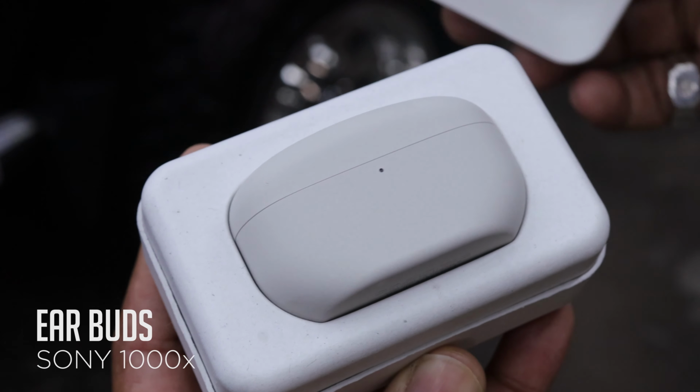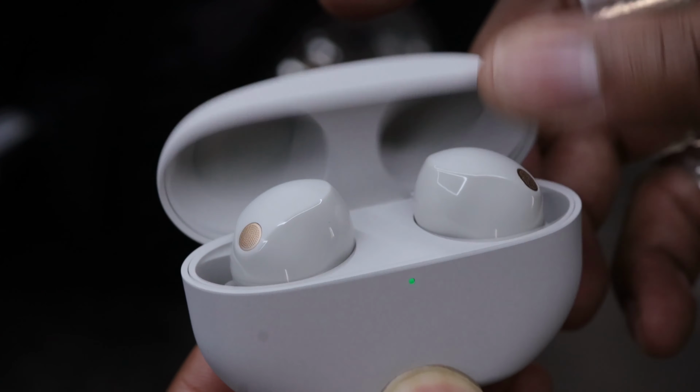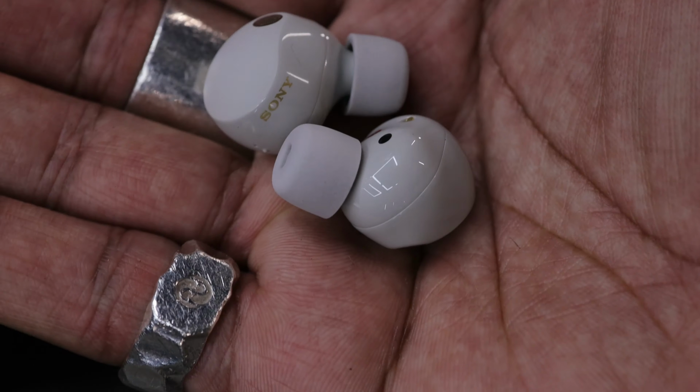And then we have these Sony earbuds. Now I wouldn't say these are necessarily collectibles, but they are like the 3rd pair of earbuds that I have, so I guess technically I have a collection, but I just didn't know where else to put them in the video. I did get these as a Father's Day gift earlier this year,